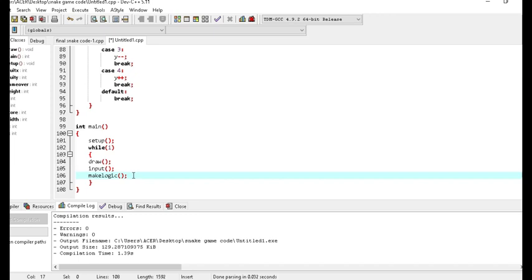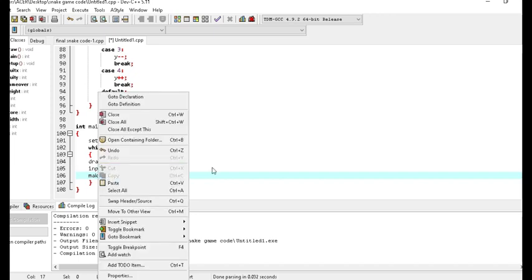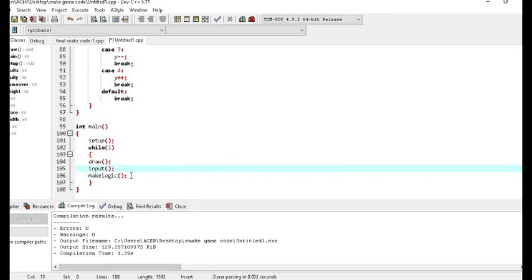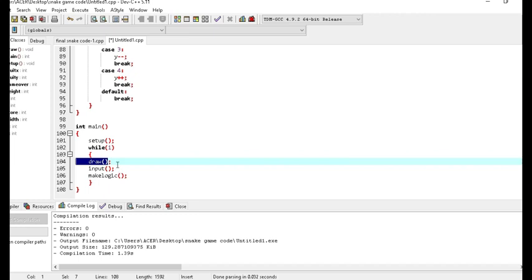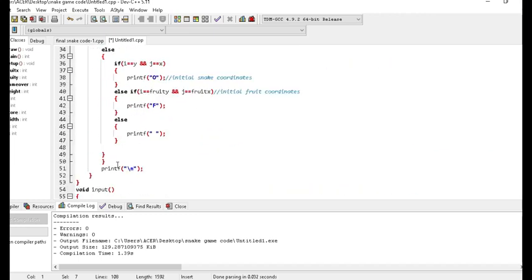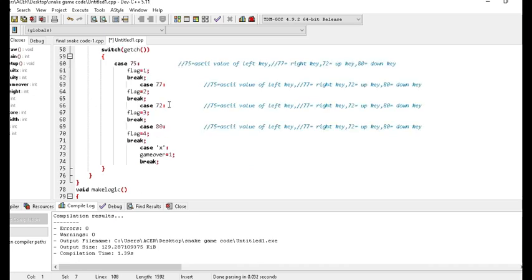Now the sequence must be clear in your mind, why I wrote the draw function first. As soon as execution starts, the compiler will be over here, then it will execute this setup function, that is our boundaries, then it will enter this infinite loop, while(1). First we have the draw function, in which the x and y coordinates of the snake as well as the fruit will be printed.